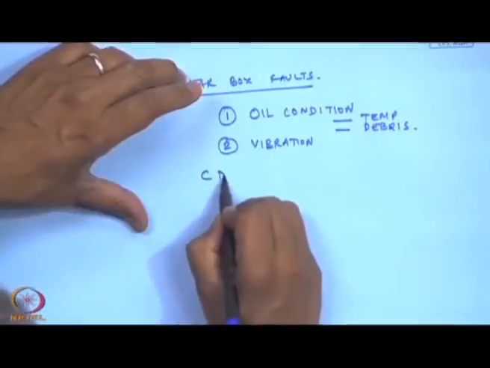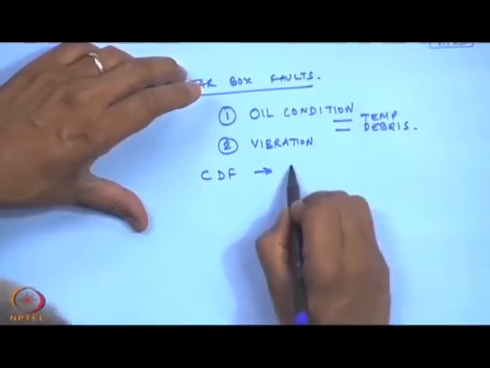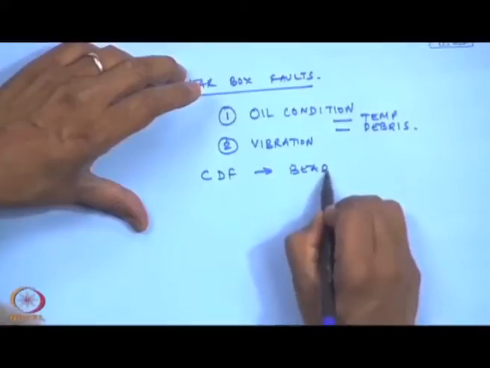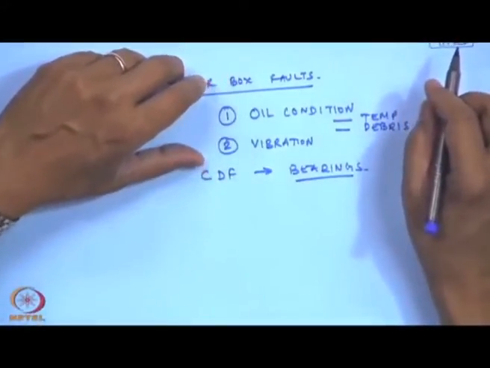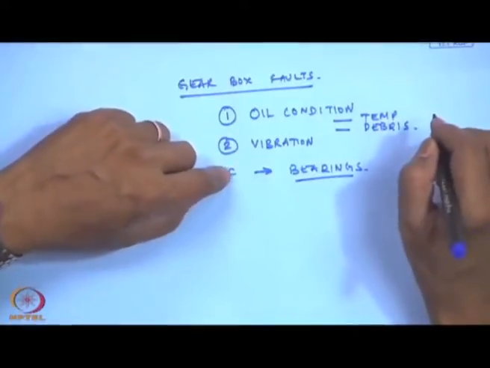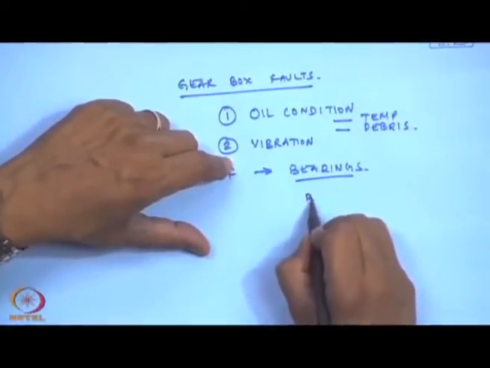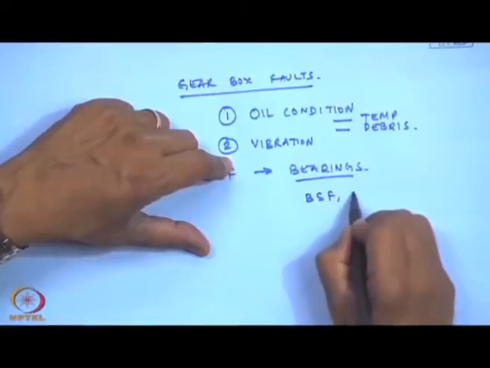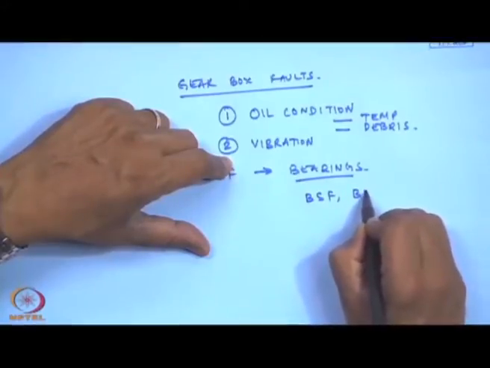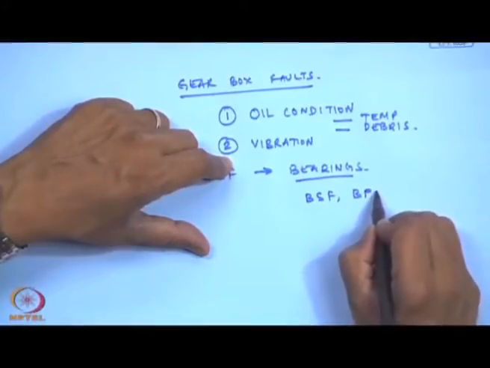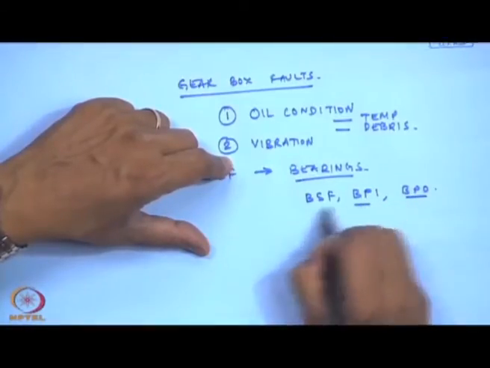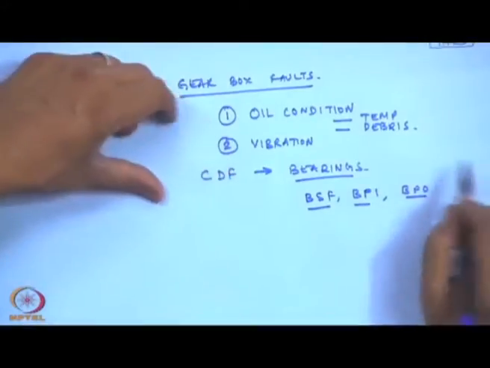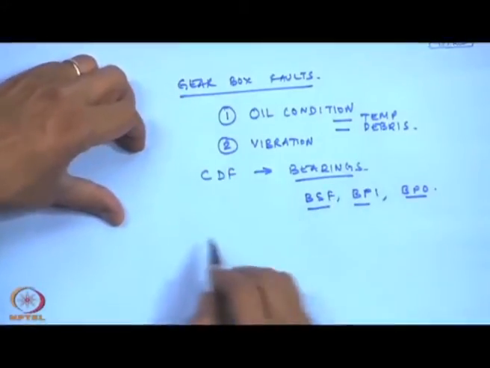Of course, we know the fundamental characteristic defect frequencies of bearings, and in the earlier classes I had told you how to find out the defects in bearings, and you would have seen the frequencies of ball spin frequency, ball pass inner frequency, outer frequency. So, these frequencies and their harmonics show up when there is a bearing fault,